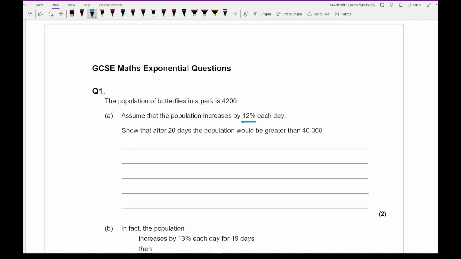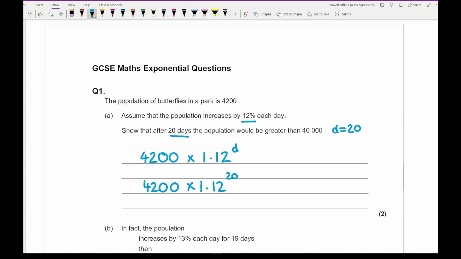So here we've got our original amount, which is 4,200. Now when we're increasing by 12%, we started with 100%, we're adding 12%, so that's going to be 112. That as a decimal multiplier is 1.12, and then we've got the formula with D, which is the number of days. So now all I need to do is substitute in this particular question that D equals 20. So then I've got 4,200 multiplied by 1.12 to the power of 20,